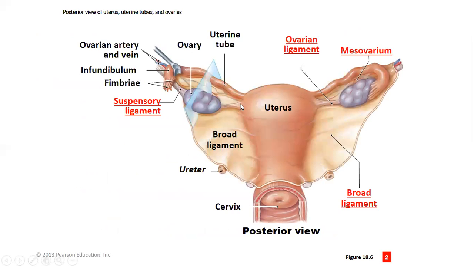So take a look at this. Again, this is the ovarian ligament. It's labeled here. It's medial on the ovary and holds the ovary to the uterus. The suspensory ligament is here laterally on the ovary and suspends the ovary to the lateral wall of the pelvic cavity. And then the broad ligament is this huge ligament, a section of which is called the mesovarium. It's pointed out here, but it actually surrounds the ovary completely and again holds the ovary to the fallopian tube,